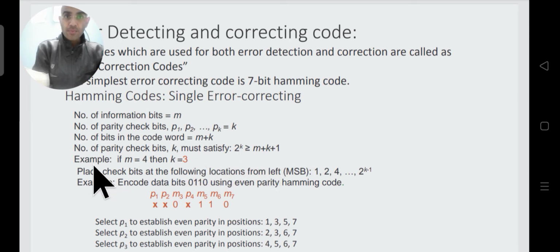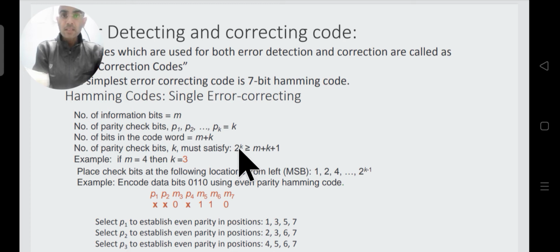Okay. Now you see, for example, if we have 4 message bits, as I have already told you, the number of parity bits required will be 3. You can easily satisfy this. Suppose m is equal to 4 and we don't know k, so if I substitute k is equal to 2, how much will it become? The LHS will be 2 to the power 2, so this will be 4, and the right side is already 4, so if you add 2 to it, the criteria will not be satisfied. So to satisfy this criteria, we will have to further increase the value of k.